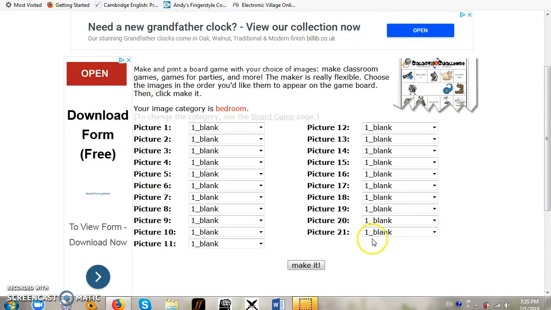Hello, today I would like to show you how to make your own board game. I chose topic bedroom, but of course you can choose whatever you want. It can be toys, it can be flowers, garden, animals. Like I said, it is bedroom. And now we can choose